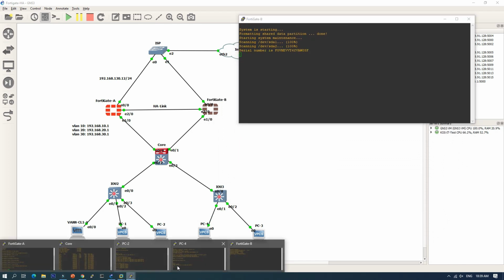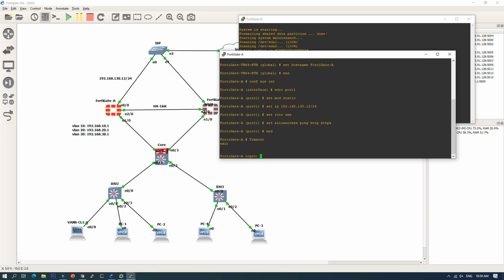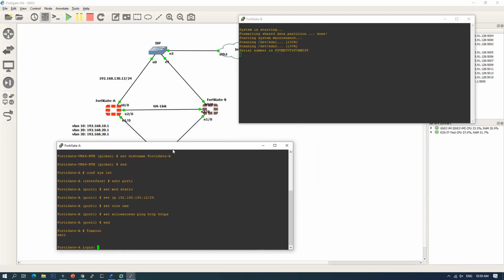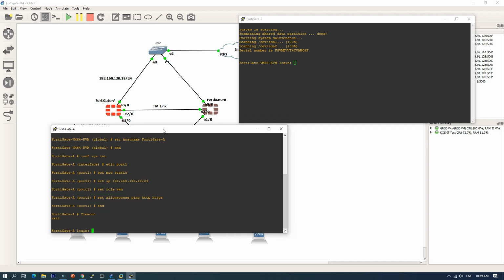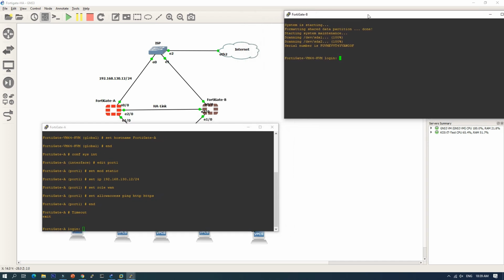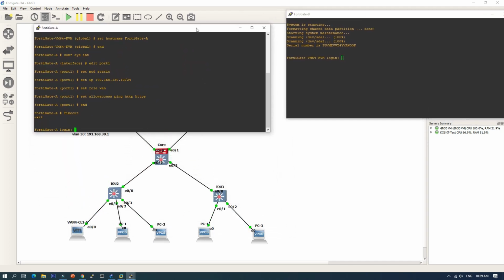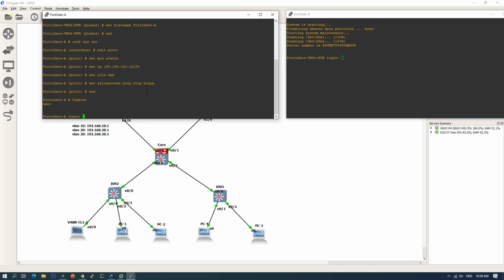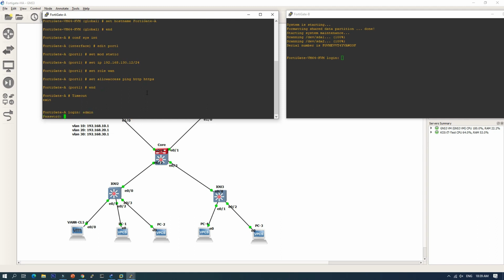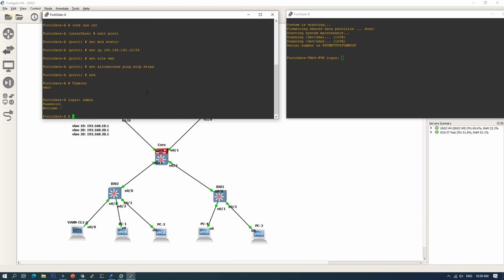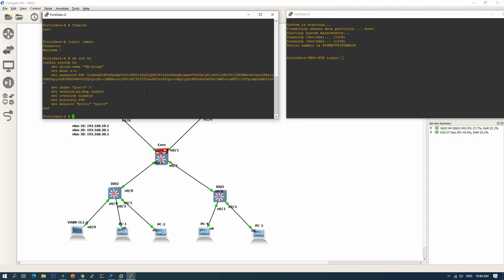While we are waiting for FortiGate B, we check FortiGate A. System HA.